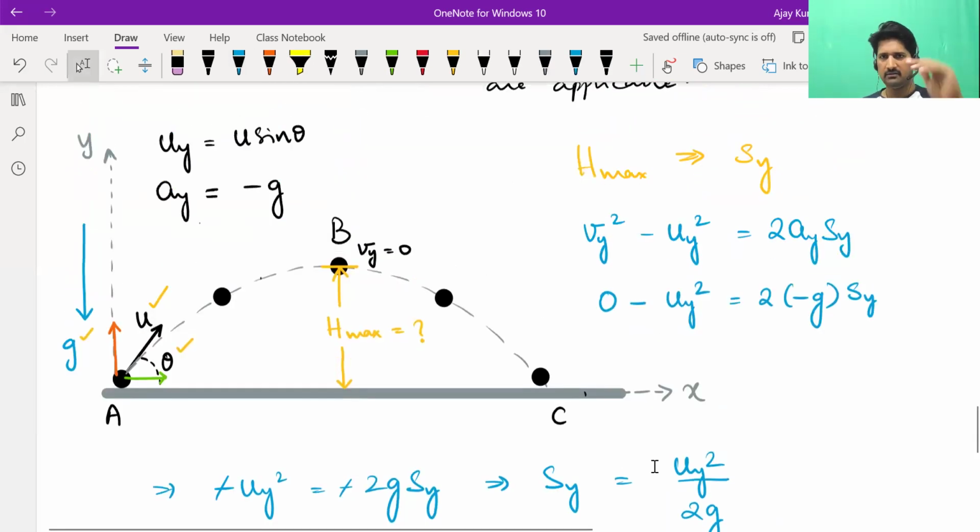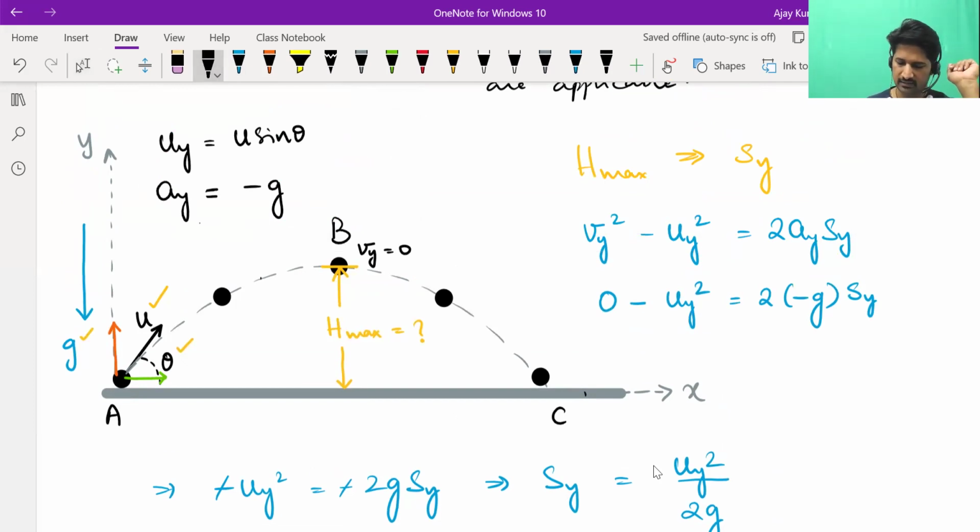Here in this derivation, we assume theta is the angle made with the horizontal. If the angle is made with the horizontal, with the x direction, then the x component becomes u cos theta, right? Suppose in some question, they give you the angle with the vertical instead of the angle with the horizontal. Okay, all of you observe the diagram. If they give you that angle, let's say as beta,